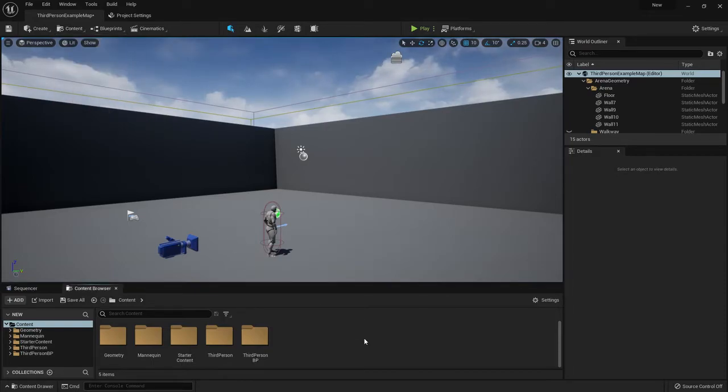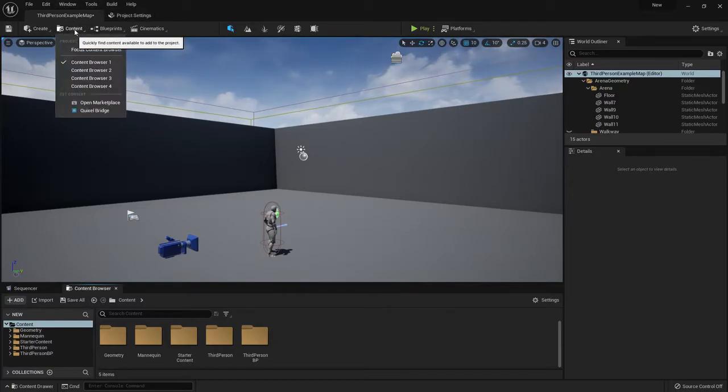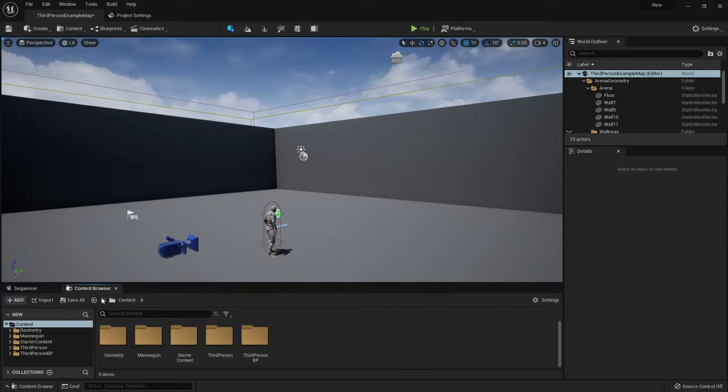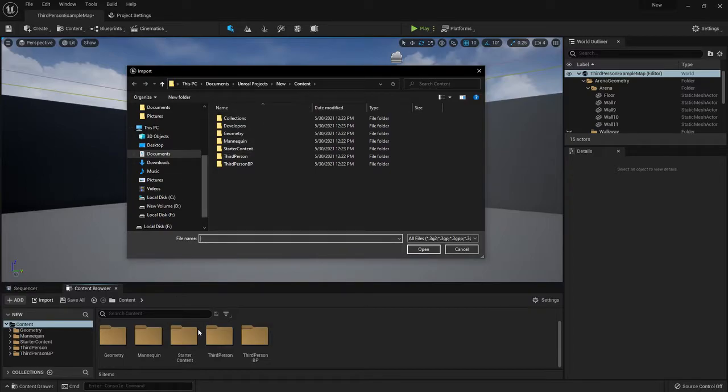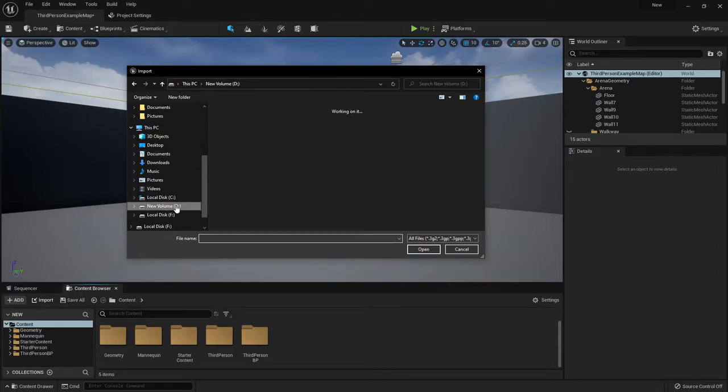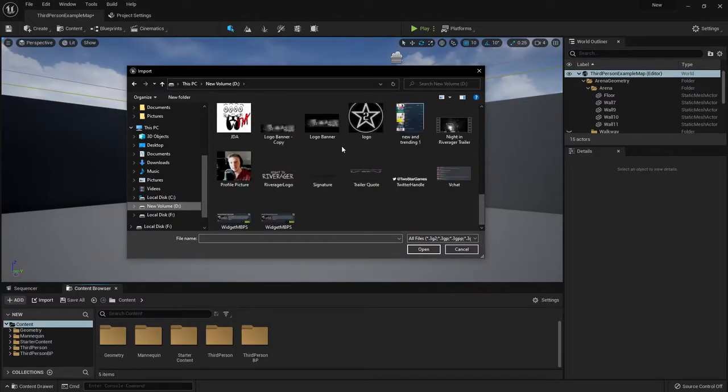So first, I'm going to real quickly get the difficult one out of the way, and that is importing custom objects. And honestly, it's not that difficult, but basically what you're going to do is go to your content browser, which, if you watched the last part, can be opened by clicking on content and then opening up a content browser window, and you can just drag it down wherever. And what we're going to do is hit this import tab right here. And this is just going to open up your Finder file browser window here, where you can go and find any file that can be opened